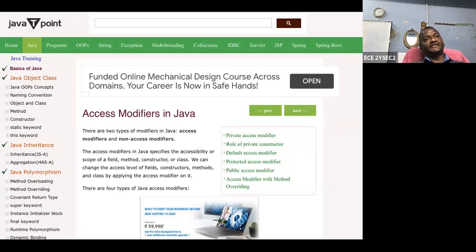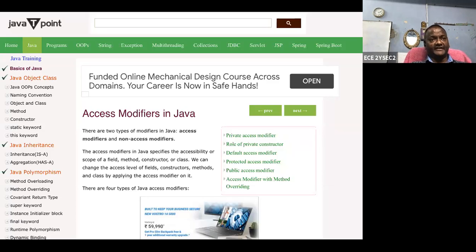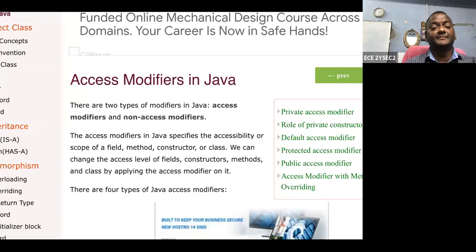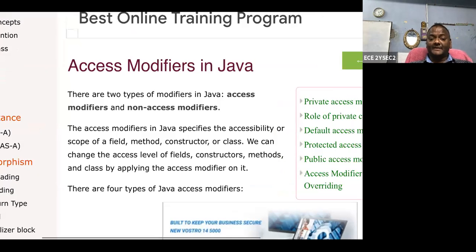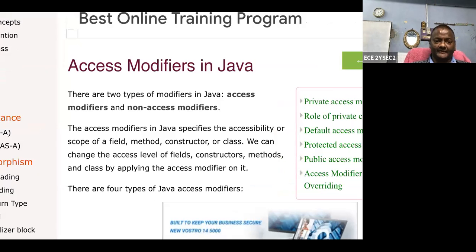The next is the return type, then the method name, and then the arguments. So what are the modifiers? They modify access. This is also called visible modifiers, and sometimes access modifiers. So another name for the access modifier is the visible modifier, which is given in your syllabus.